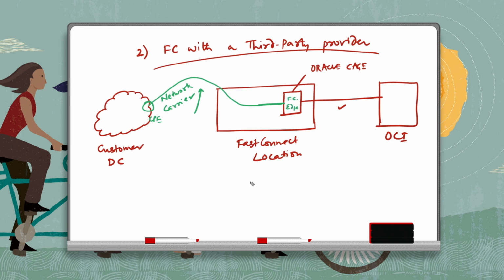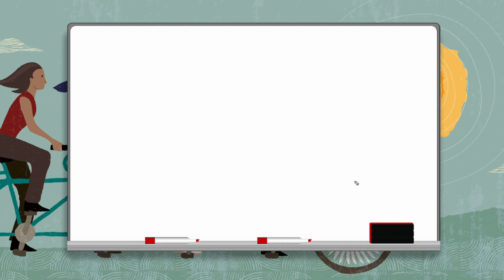Now in this case, we do require a letter of authorization. Oracle will provide you the letter of authorization, and you need to forward this letter of authorization to the third-party provider, because ultimately this third-party provider is going to perform the cross connect. In this case, you are ordering a private or dedicated circuit from a network carrier, which is not an Oracle partner. Now let's look at the final one, which is